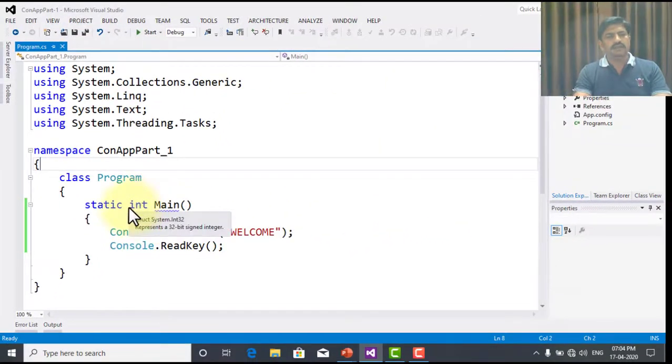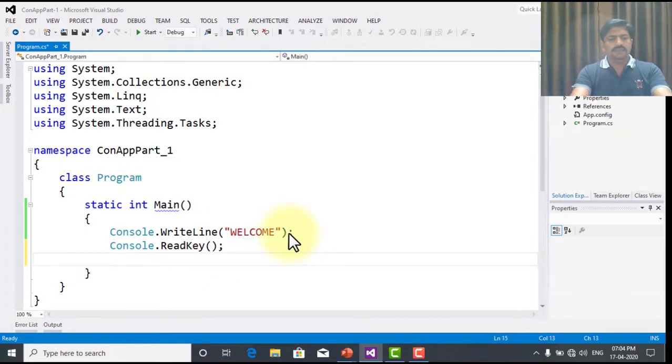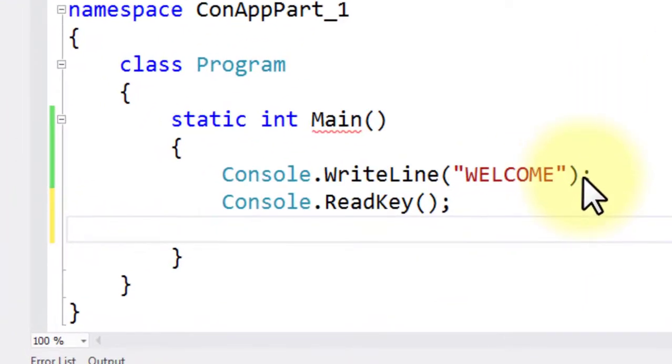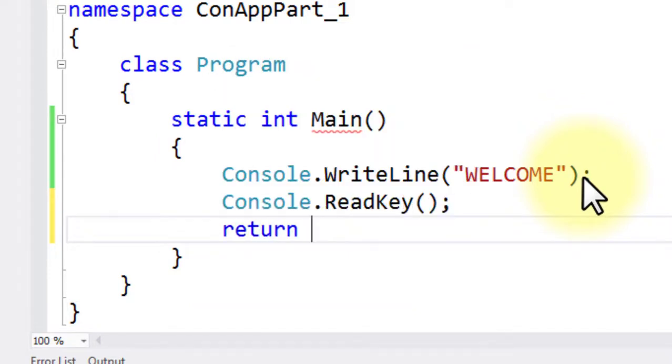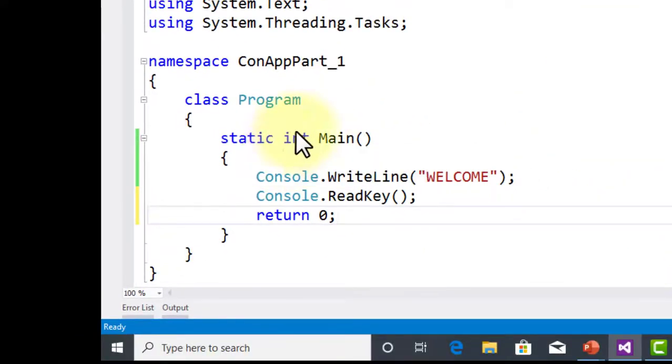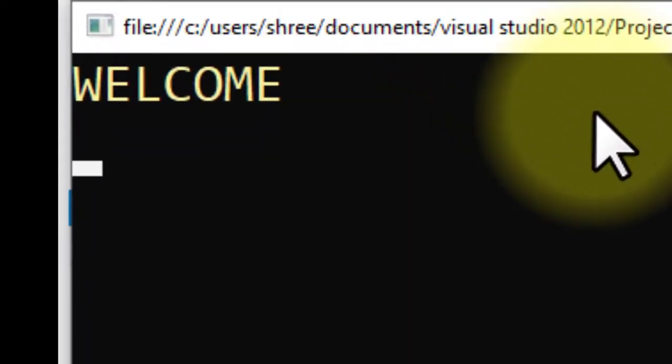With the return type as integer, the last statement in this Main method should be return 0, because the Main method returns which type of value, that is integer. So I return integer 0 to the calling process. So this is the second version of the Main method. It will display the welcome message.